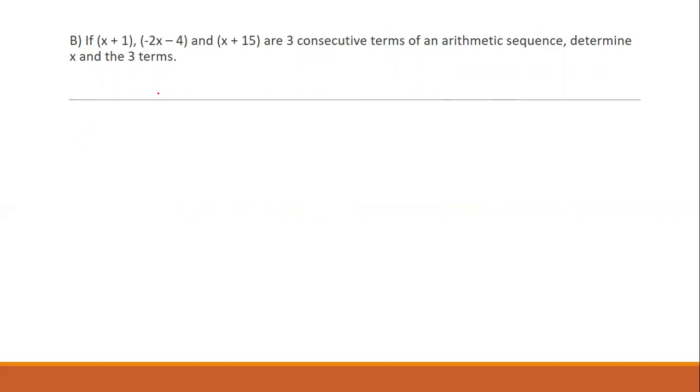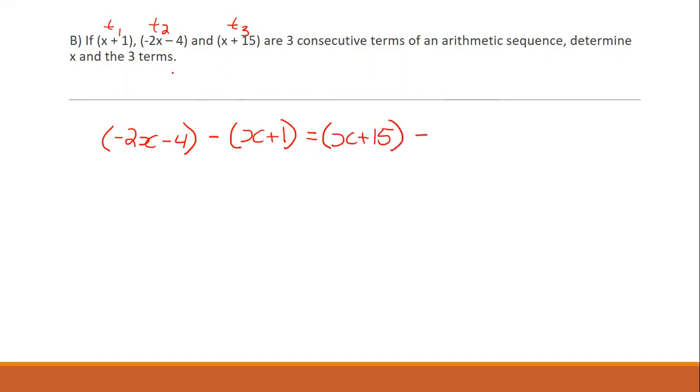That means T2 minus T1 is going to be equal to T3 minus T2. So let's go ahead and write that out. So T2, -2x minus 4, minus T1 of x plus 1 is going to be equal to T3, x plus 15, minus T2,